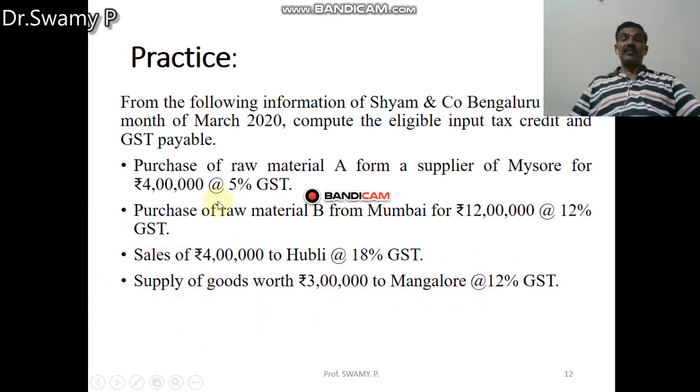The input tax will be calculated on purchase of raw materials within the state and interstate. We get the tax liability or input tax credit. And for now it is enough. In the next session we will discuss input service distributor and how input tax credits are adjusted or apportioned among the various input service